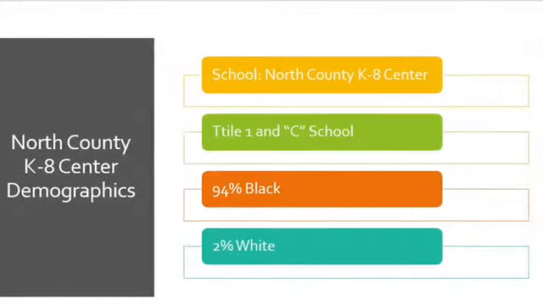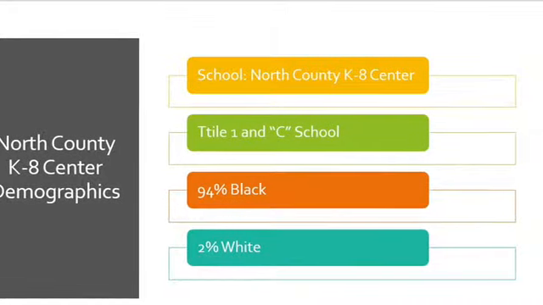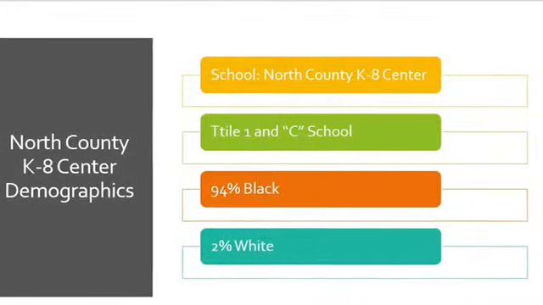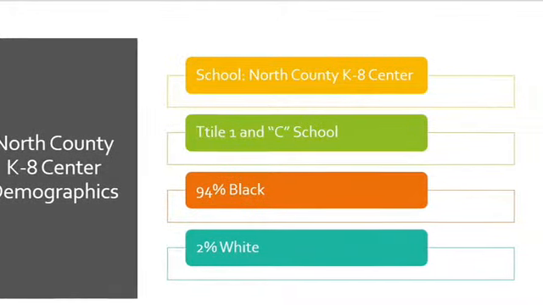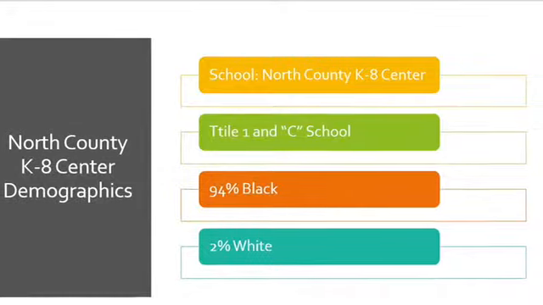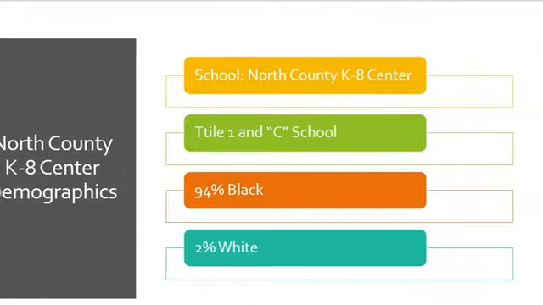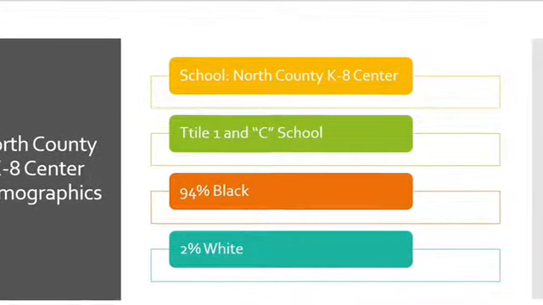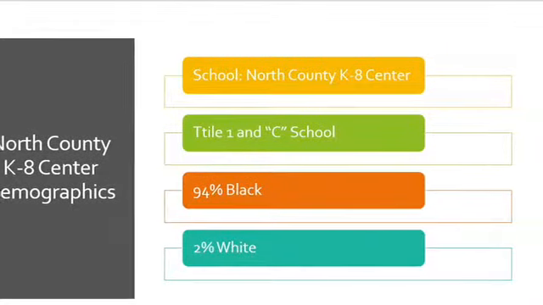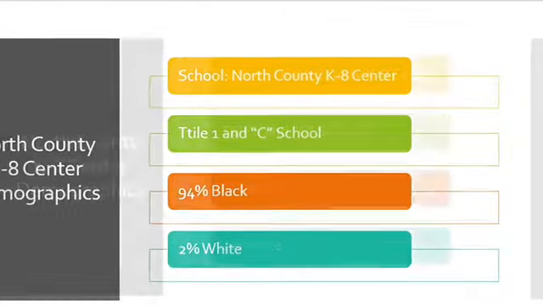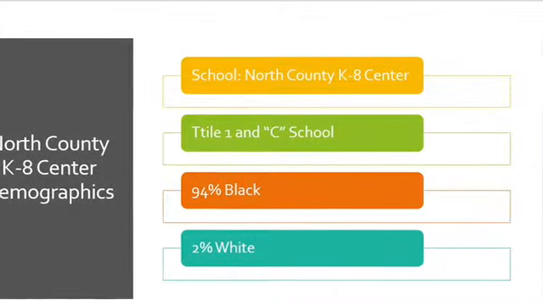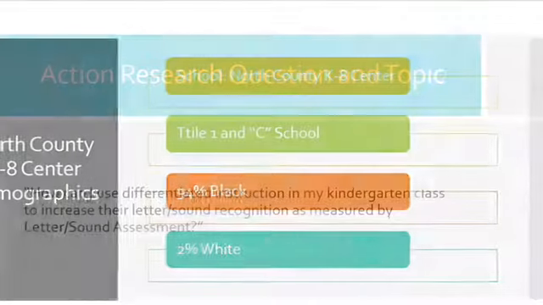As of the 2017 and 2018 school year, the demographics are 94% Black and 5% white. There is only a 2% of students that are learning English in this school. As a result of the socioeconomic status, 97% of the students are from low-income families. According to the data obtained from iReady diagnostic tests, 8 students are on or above grade level, and 9 students are 1 grade level below.